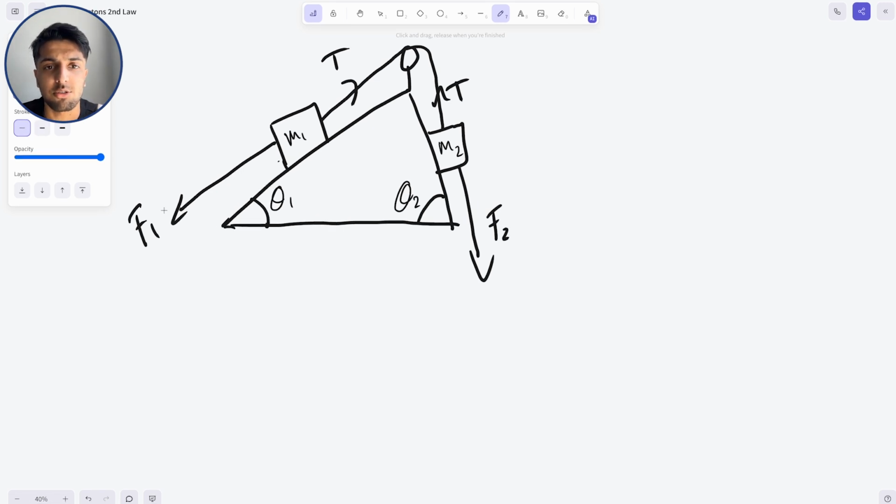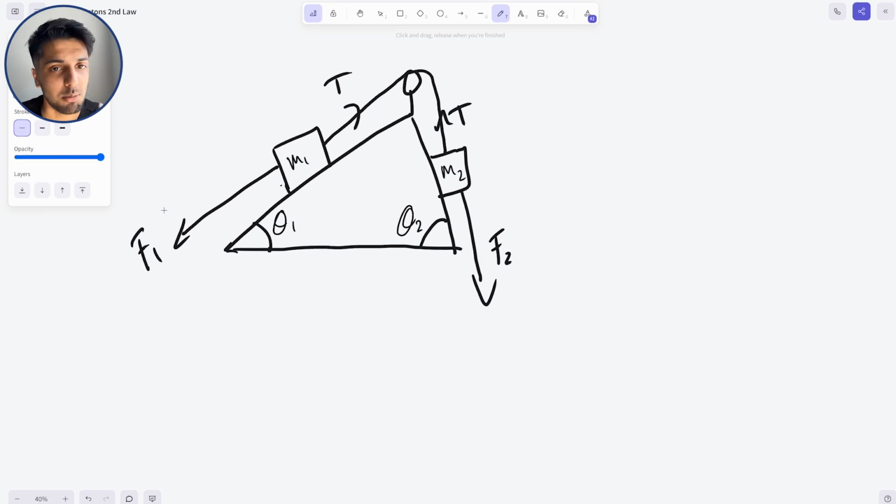Okay, moving on to a slightly more complex problem. In this problem, we can see that we don't know the value of the masses, such as m1 and m2, and the angles are different this time. So we have theta 1 and theta 2, and as you can see, that results in different plane angles. This one is clearly more steep than the other. So for this one, we want to show